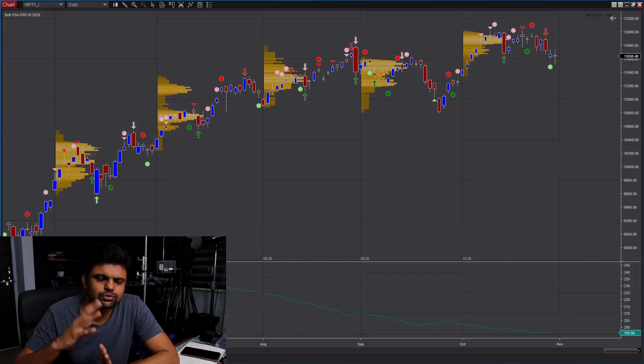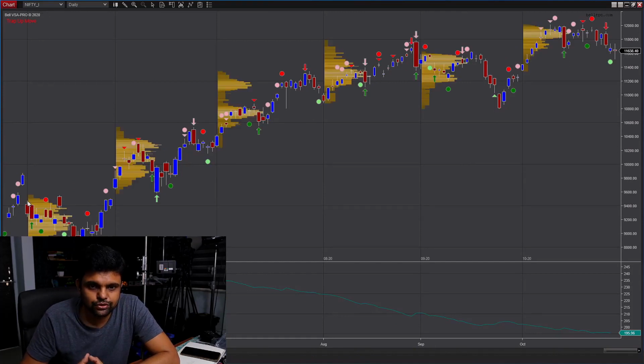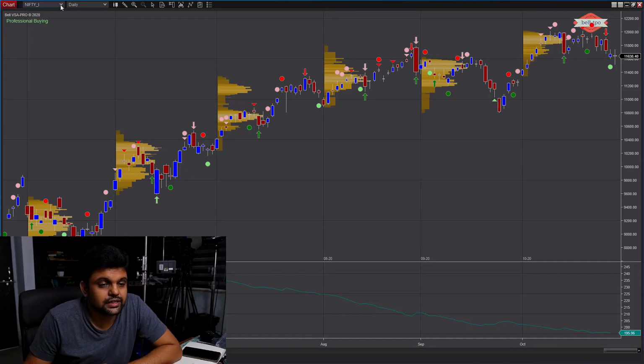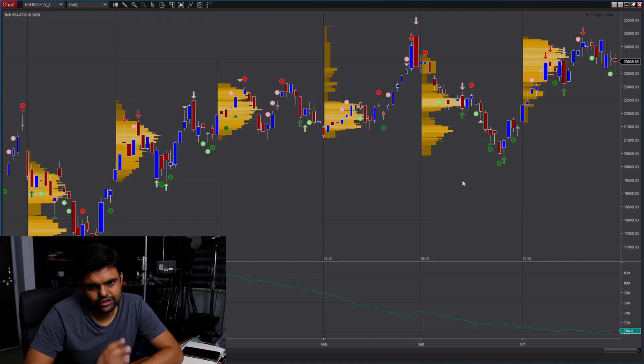Now instead of going through the whole process, you can use a simple shortcut. You just right click here and duplicate in new tab. Select that. What it will do is it will again plot the Nifty chart for you, the same way we plotted a moment earlier, but now we want it for Bank Nifty. So I'll go here, top left corner of the chart, and select Bank Nifty. Okay, now we have the Bank Nifty.